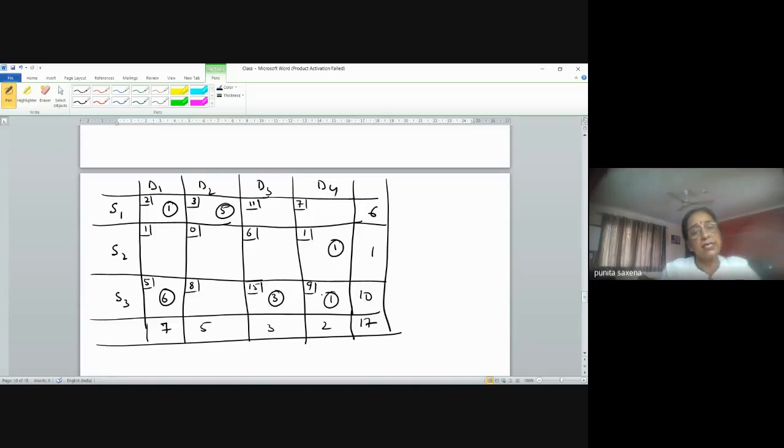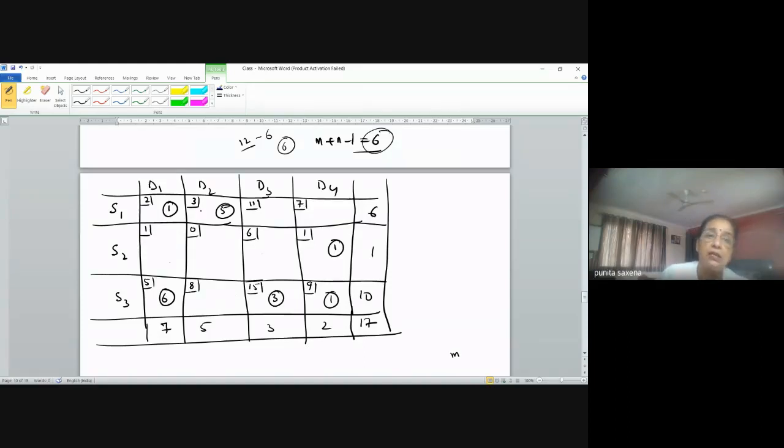And since they are 6 in number, and we verified that m plus n minus 1 was 6, you have exactly 6 occupied cells, right? How many cells were there in all? 12. So out of which 6 are occupied and the remaining are unoccupied, right? So like 1, 3, 1, 4, 2, 1, 2, 2, 2, 3, and 3, 2. They are the unoccupied cells, right?